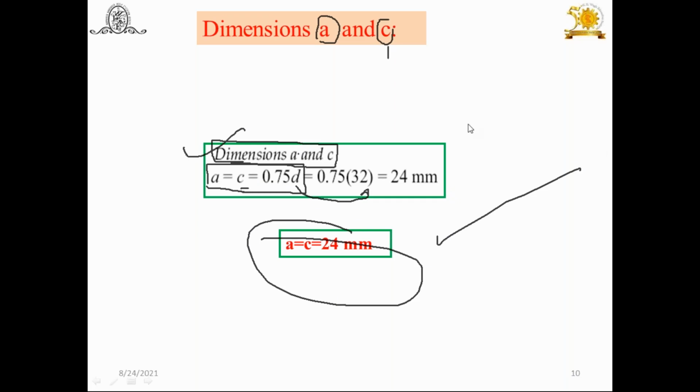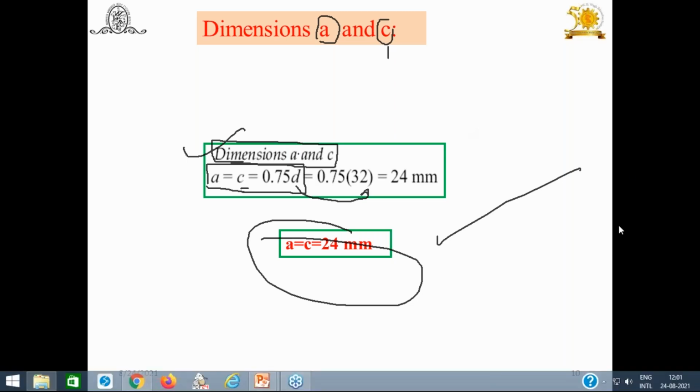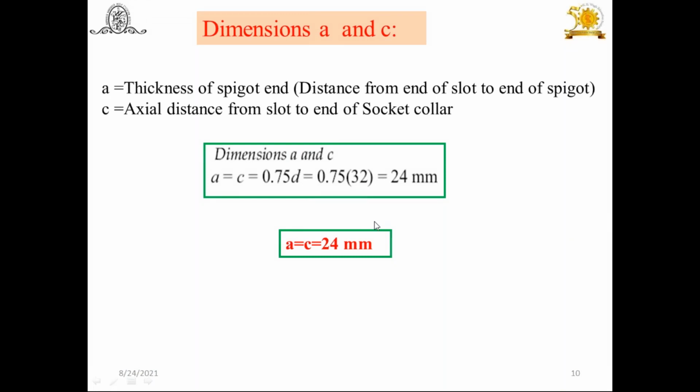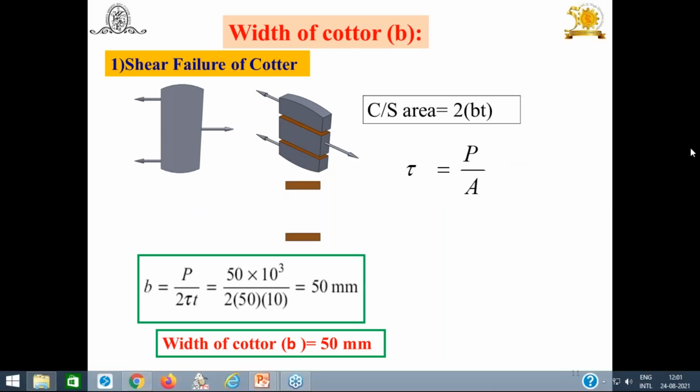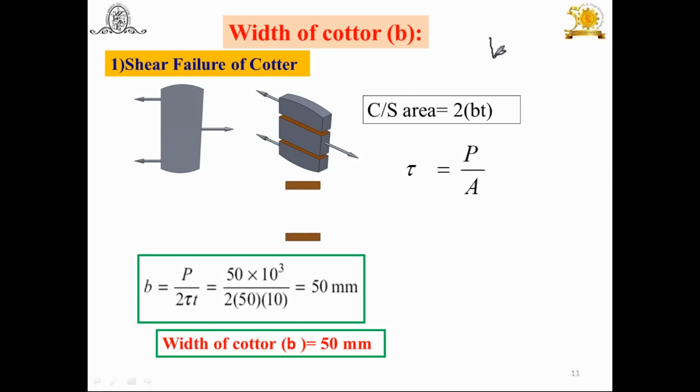That means here in design, in rational design, we are using empirical relations also to determine some of the dimensions. It's a standard practice. I have written here A is equal to C, the axial distance I have already mentioned. Only one important point remains to find out: B, that is the width of the quarter, and how